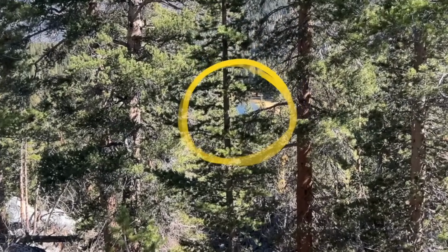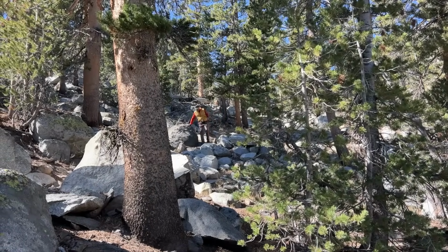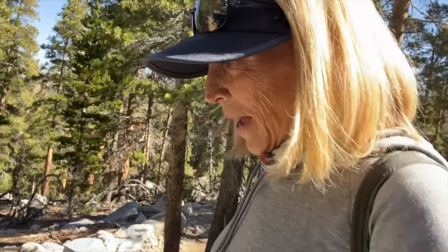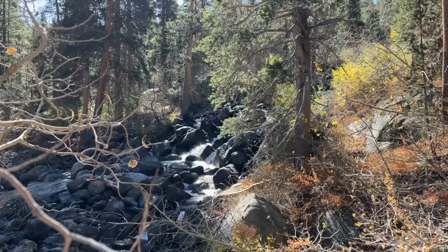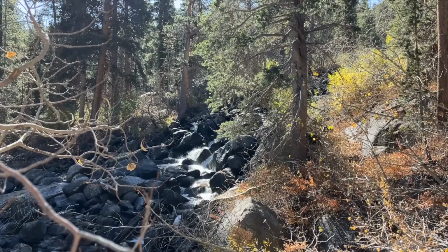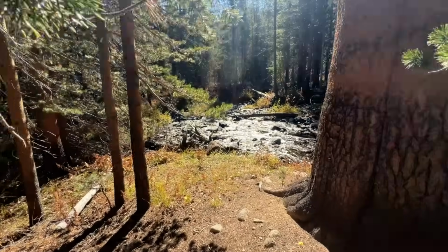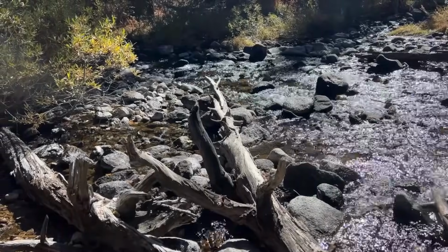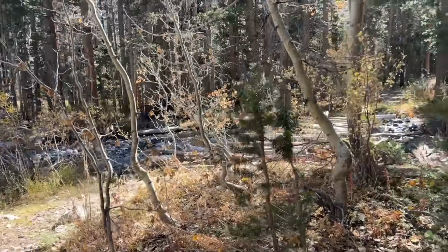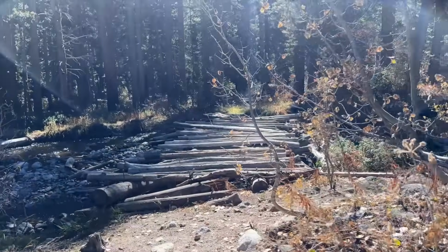Just see the meadow down there, and that's where we're going. It seems like our hikes on this trip have all been downhill first and then uphill on the way back. That's a pretty good sized lake. Look at this bridge. Amazing. I don't know how much I trust it, but